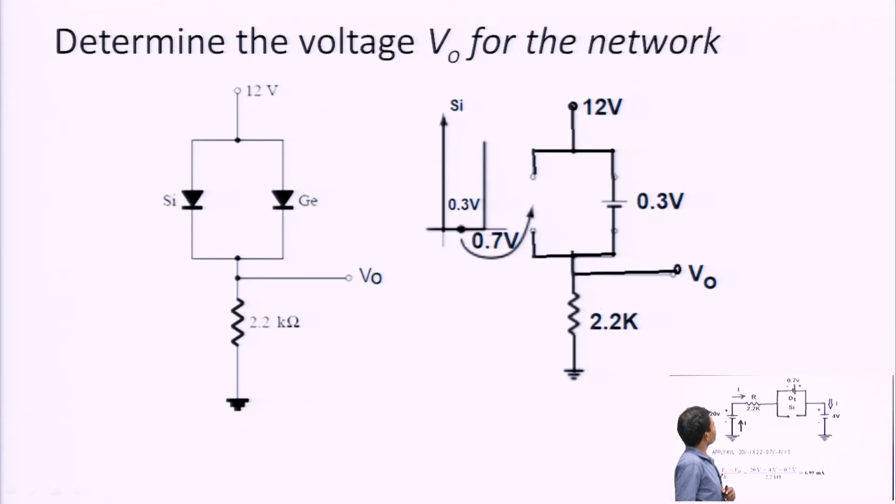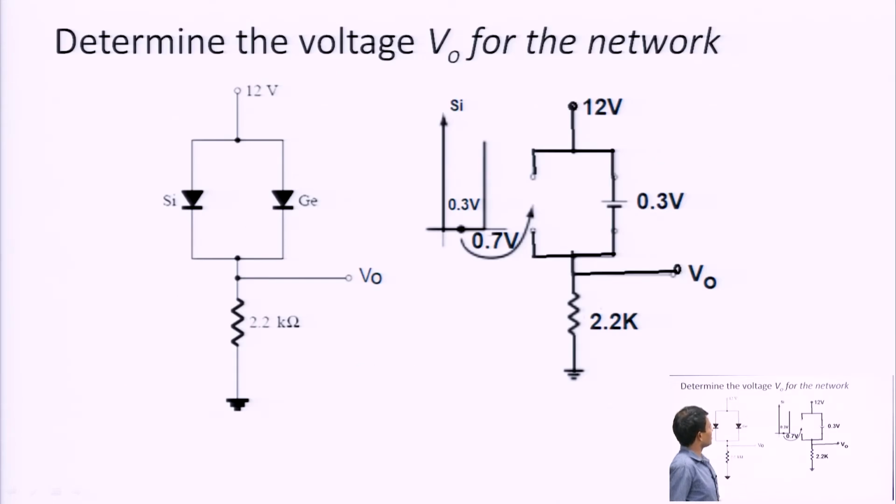Okay guys. Now here, two diodes are different and connected in parallel. One diode is silicon and another diode is germanium. What will happen? My question: which diode will be in forward bias and which diode will be in reverse bias? Yes. So in such a case, when two or more diodes of different types are connected in parallel, then the diode having the least knee voltage will be in forward bias.